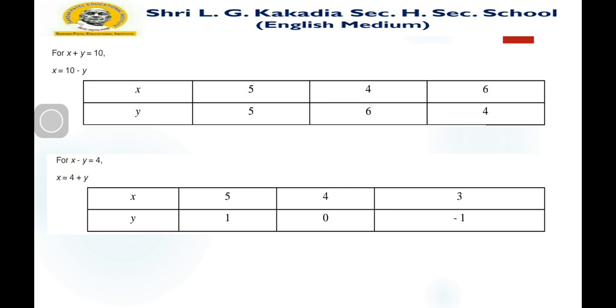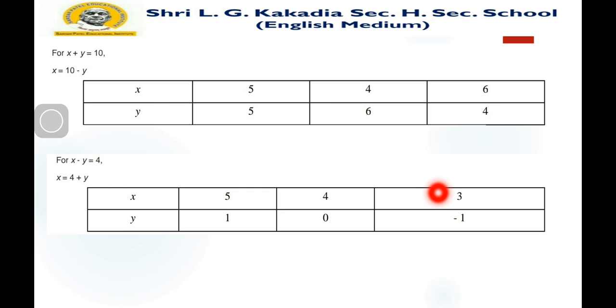Let me put subject x, which gives 4 plus y. If we put y equal to 1, then we get x is equal to 4. If we put y equal to 0, then we get x is equal to 4. If we put minus 1, then we get 3. So here the coordinates of point P are 5, 1, coordinates of Q are 4, 0, and